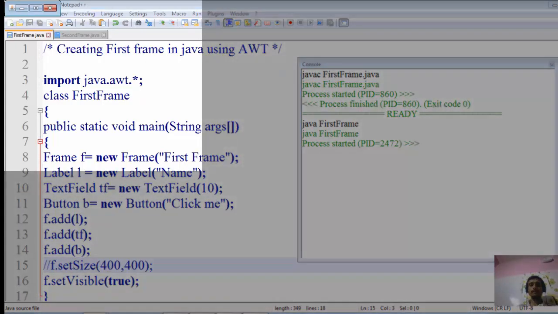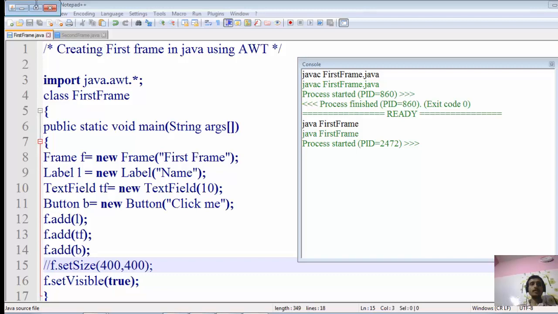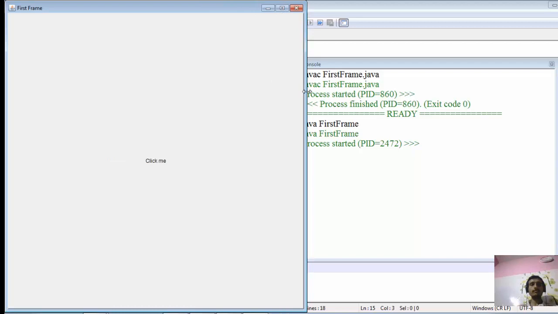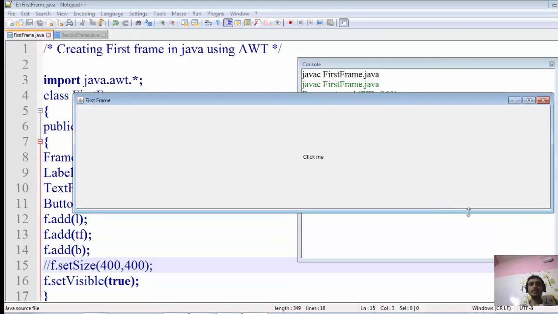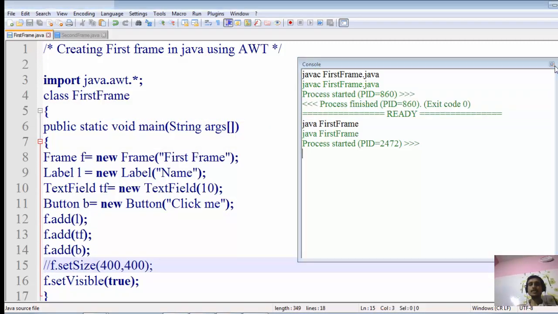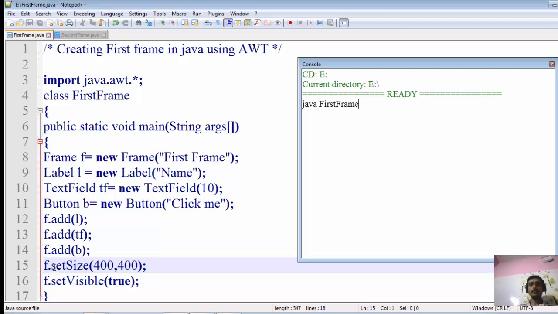So here you can see this is the frame. This is the frame that is present, and it is visible, but it has no dimensions. The dimensions of the frame, we are just extending, but it is not fixed. So what we'll do, we have to kill this, because there are no events that are being generated. So we'll just set these dimensions, and now we will just try to execute it.